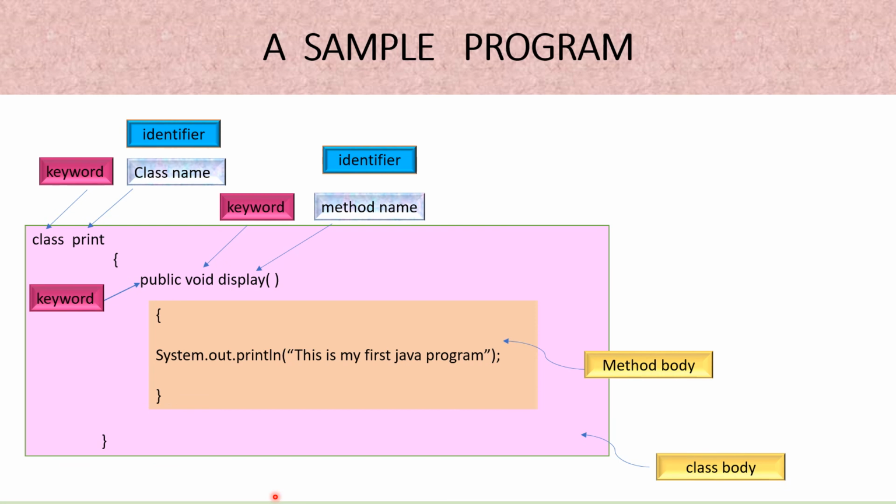I hope some of these tokens and some of the concepts might be clear to you. As we will discuss some more tokens in the next part, I'll tell you their usage in the Java program also. Go through these particular concepts till then, and in case of any doubts you may ask me.